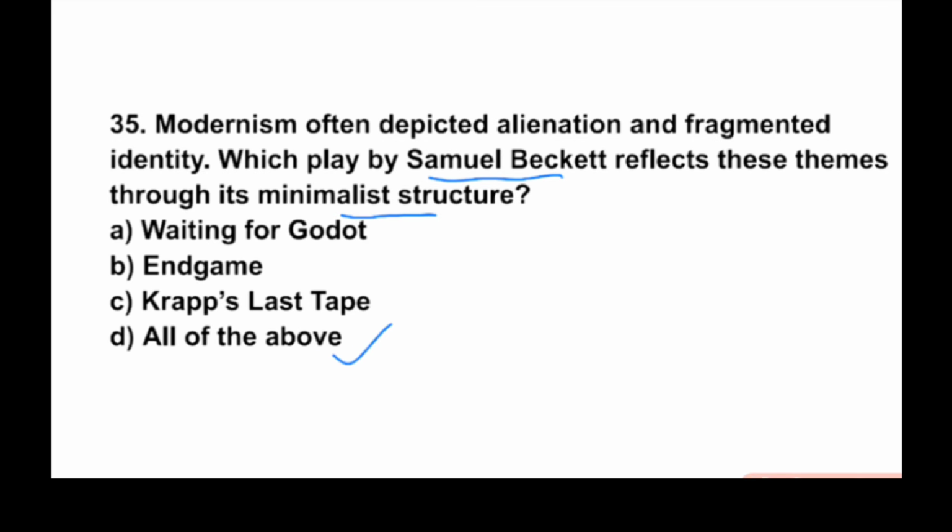Option D, all of the above: Waiting for Godot, Endgame, Krapp's Last Tape. Beckett's plays, especially Waiting for Godot, 1953, use absurdity and minimalism to depict existentialism and alienation, key modernist themes. Next,